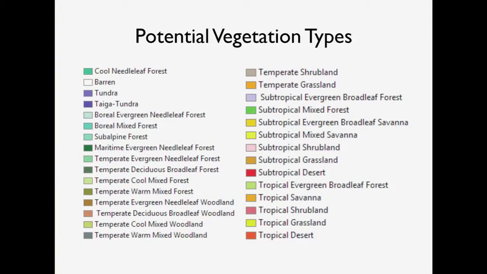These are all the potential vegetation types that you're going to see colors on. I'm not going to show you this all the time, just to show you we have forest, woodlands, grasslands, and different types: temperate, subtropical, and tropical. Okay, so now instead of showing you a movie, because there's no time dimension in this,